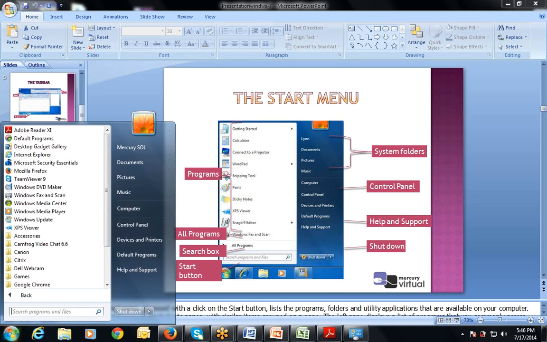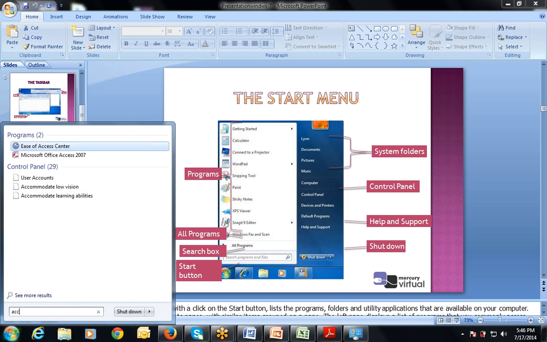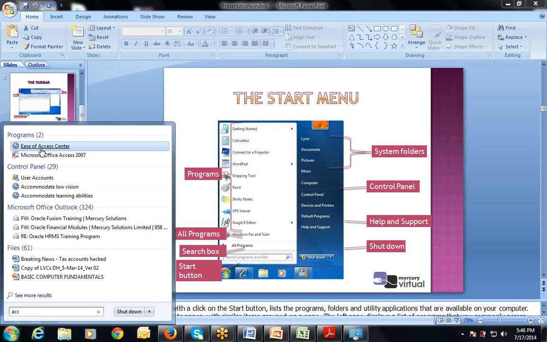If I write ACC, all the words and sentences that contain the ACC characters will be shown with the help of the search button. As I told you, the best example is that if I forgot where I saved my file, I can search for it from the search button.